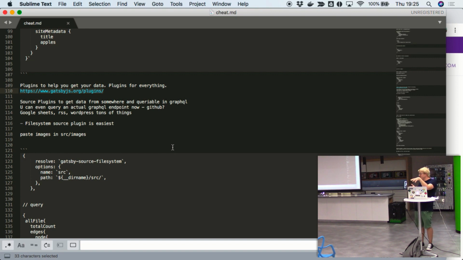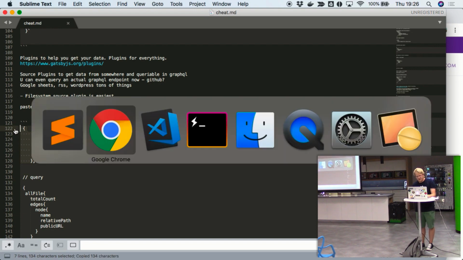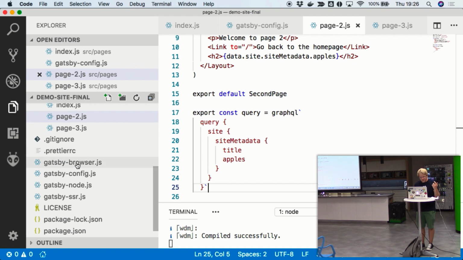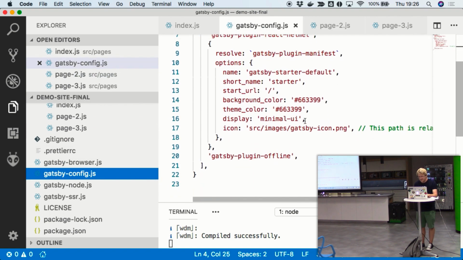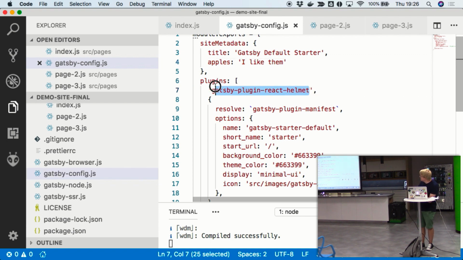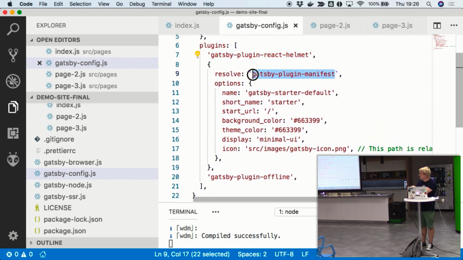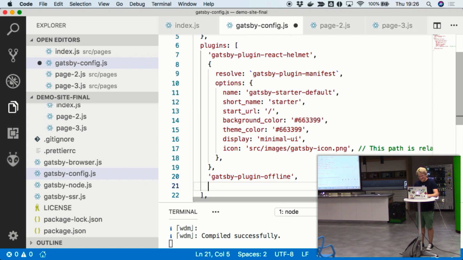So you can actually query the files on your computer in your folder. So I've added the Gatsby source file package already. But all I'm going to do now is go to the config. These are the plugins over here. So this is for SEO. This is included in the starter. There's a manifest to help you with PWAs, and then offline, and that's running like Workbox in the back of that to make you get that great Lighthouse score.